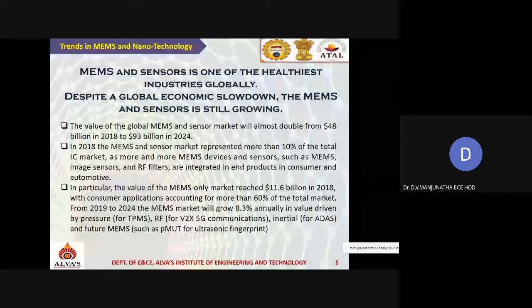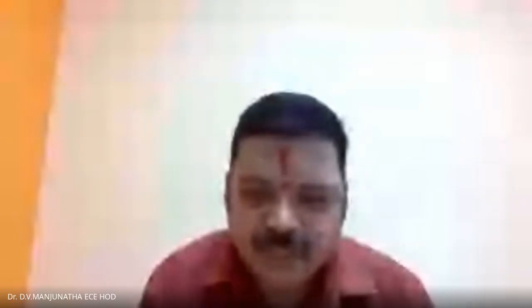It is around 400 billion dollars of business that will happen for MEMS and nanotechnology. So we have chosen this as the topic. The value of the global MEMS and sensor market will almost double from 48 billion dollars in 2018 to